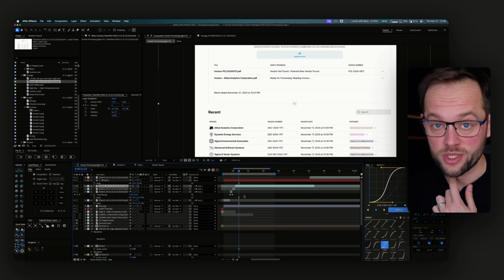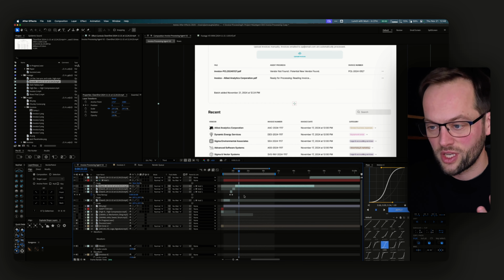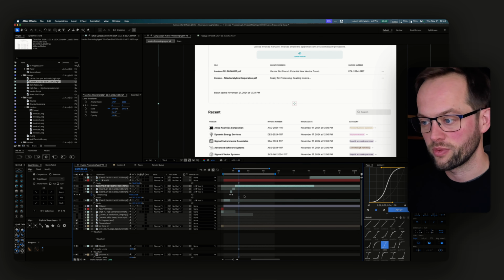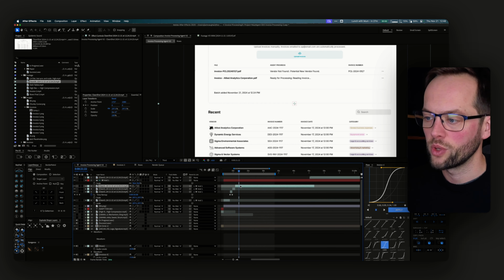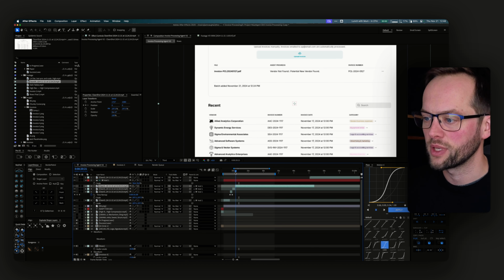The one I wanted to share with you today, which is again one of those super unsexy things, but as motion designers or video creators we do it all the time if you're working in After Effects, is time remapping. So for context, here's a visual of an app that we're doing a marketing